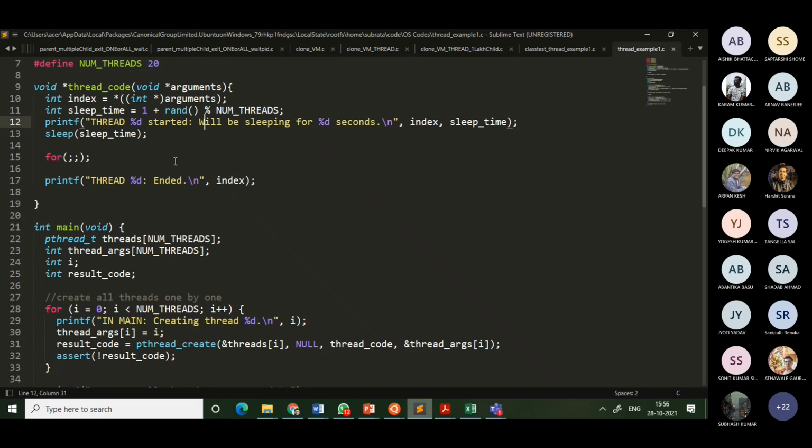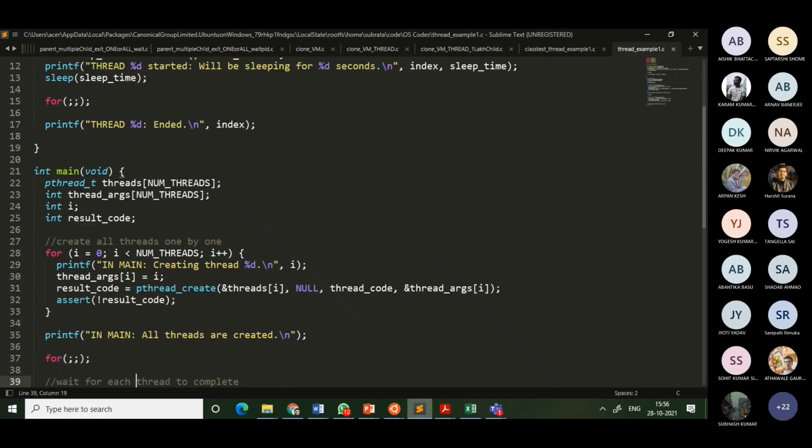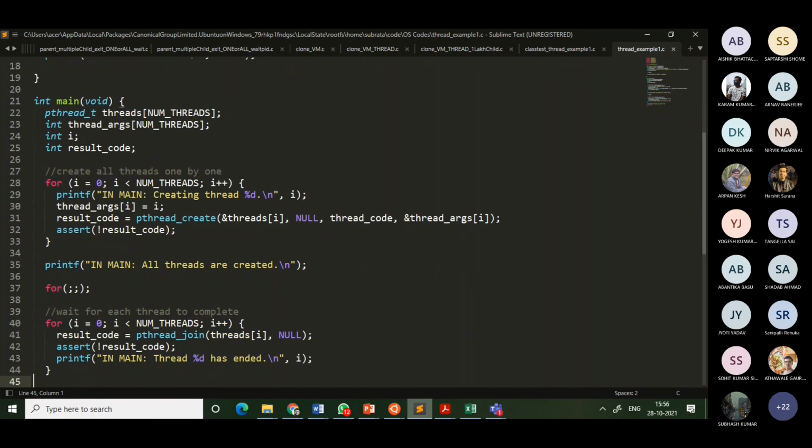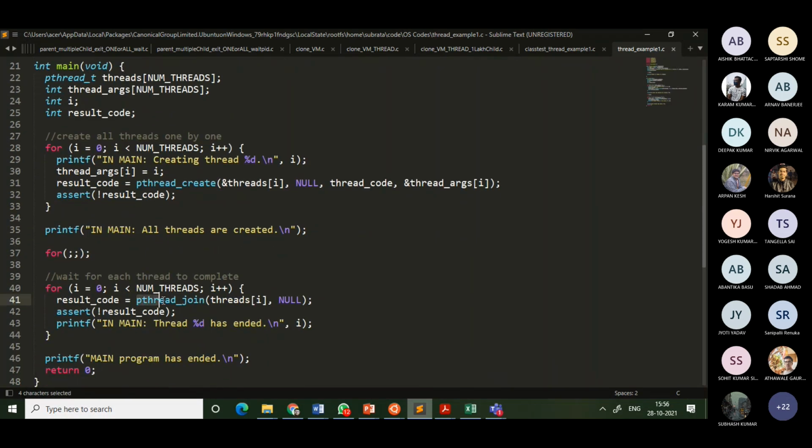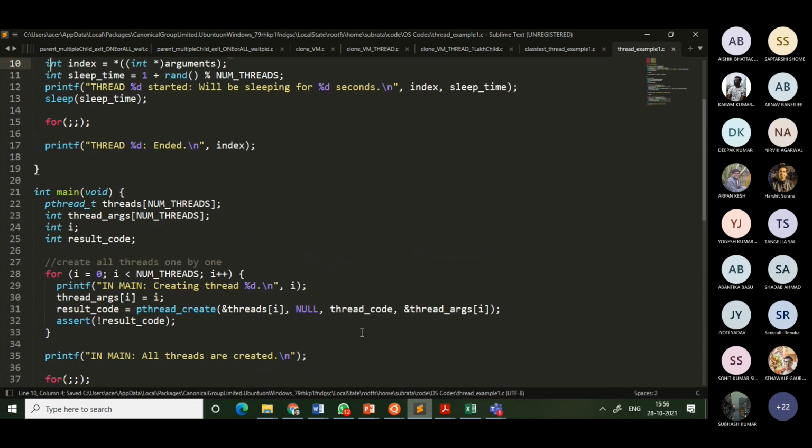This is not very meaningful code, but I just try to exhibit the different features of thread creation. And this is where I would like to join the threads, the thread join. So let me see how many threads there are. What is the number of threads? So 20. So if I run here,